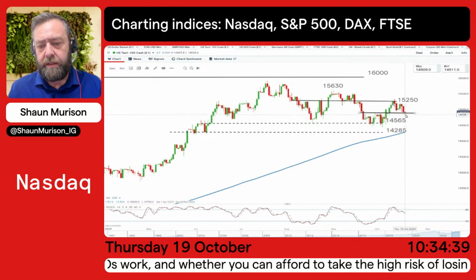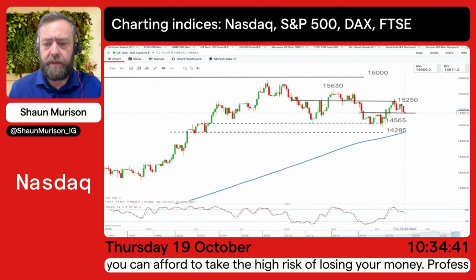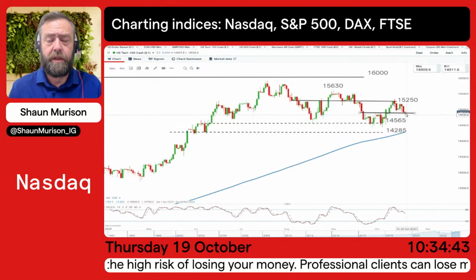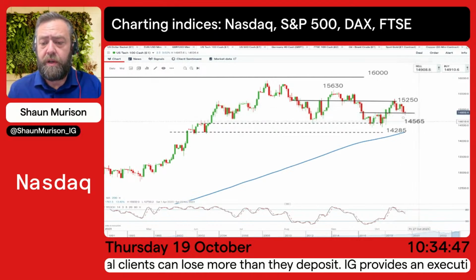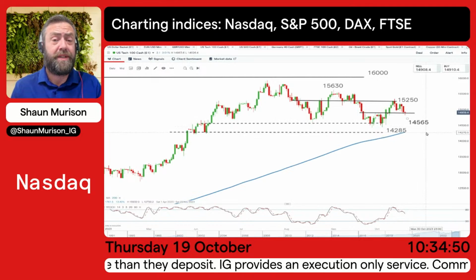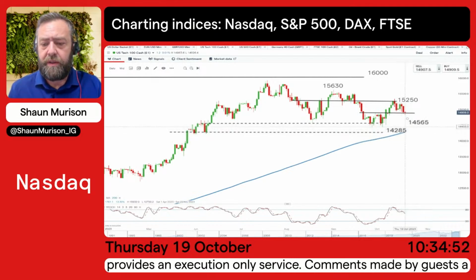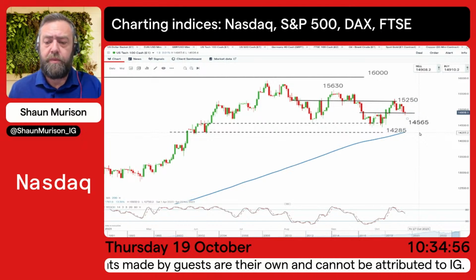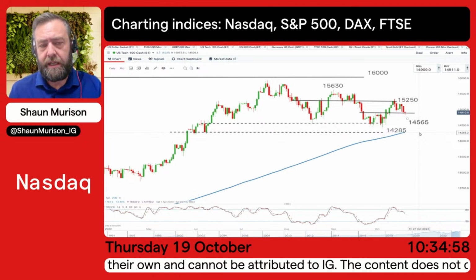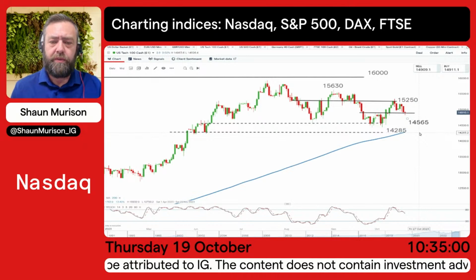But of course, we could break this level today as well. And so if this level doesn't hold up and we do see a close below, we'll be sitting on our hands, waiting for weakness to play out, targeting a move lower to 15,465 initially, and through there, maybe even 14,285. But we're not looking at shorting a move like that. We're going to see where that price lands and where it finds some support, and looking for just that price